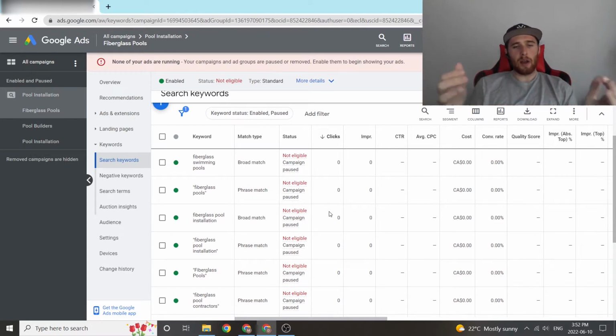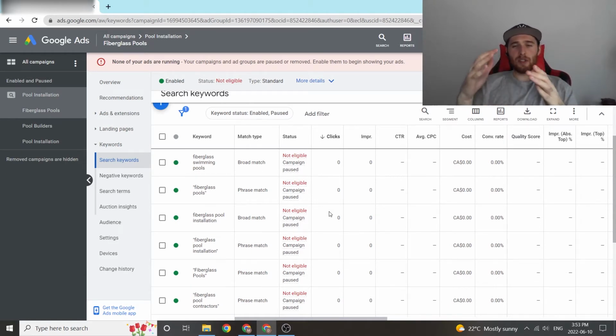Another thing that also happened was exact match no longer really became exact match. It used to be that exact match meant exact match. If you added an S to a keyword, your ad wouldn't pop up. That's how specific it was. Now, you can add an S, you can maybe remove a few letters, and it's still going to pop up as long as Google deems it close enough.